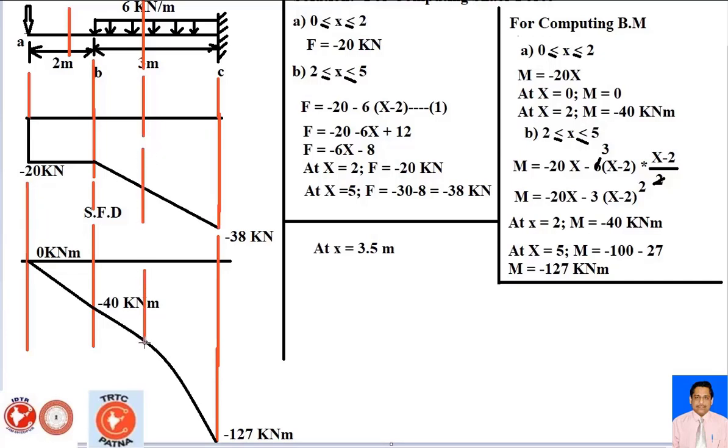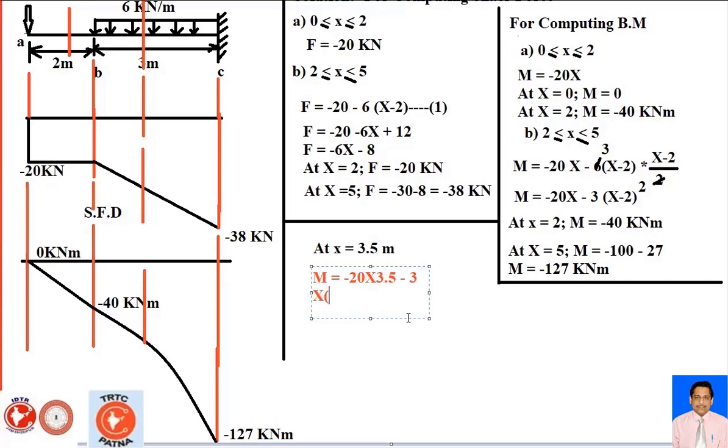As I compute the mean condition, what is the value at this position? Substitute x equal to 3.5. So moment M equals minus 20 times 3.5, then minus 3